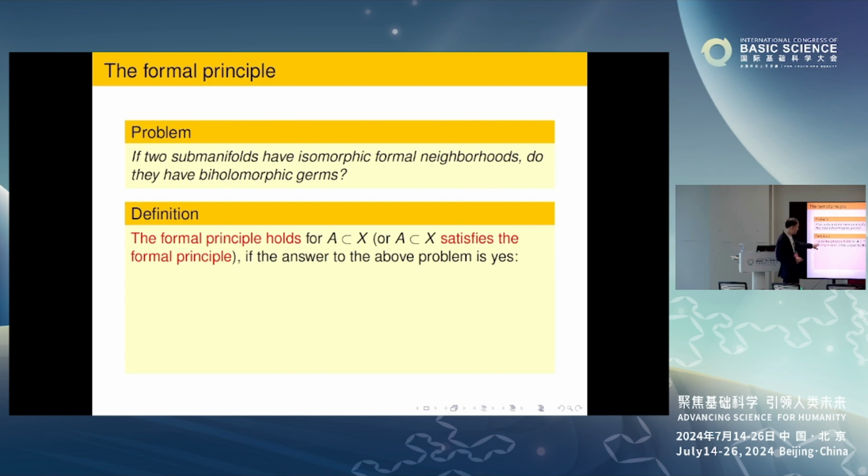We say that the formal principle holds for a compact complex submanifold A in a complex manifold X, or equivalently, this compact submanifold in a complex manifold satisfies the formal principle, if the answer to the above problem is yes. That is the definition. More precisely,